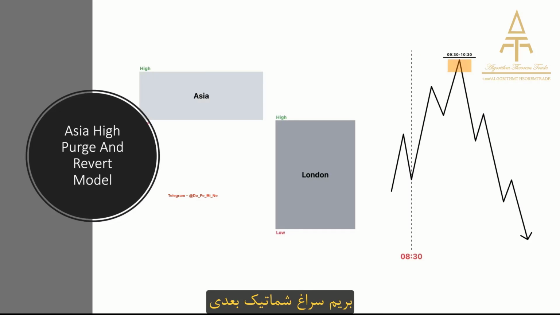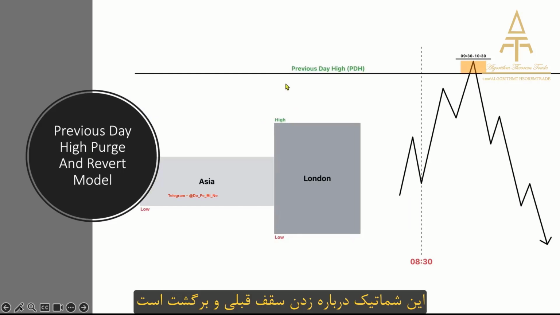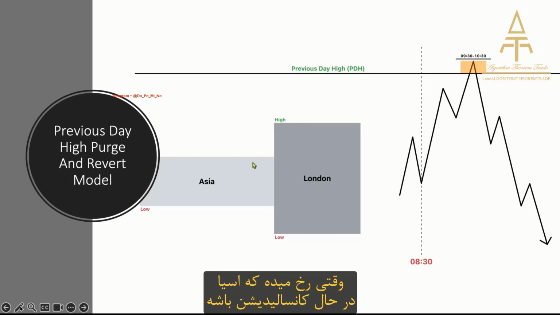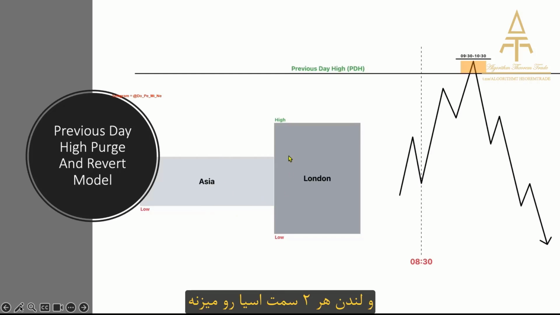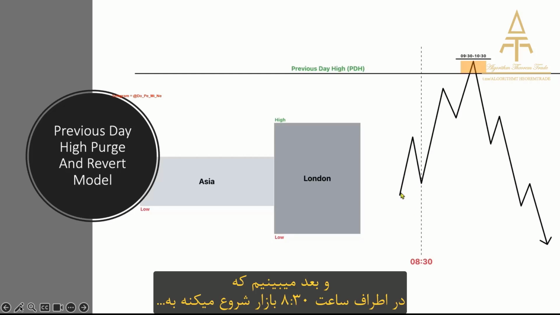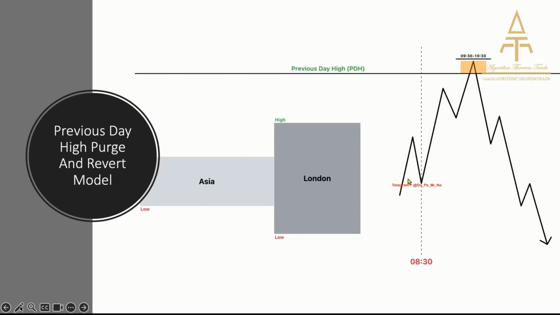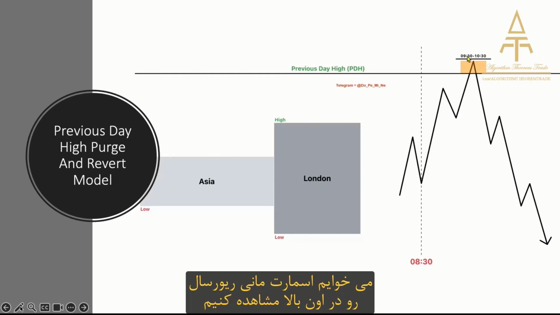So let us take a look at the next schematic. The next schematic is a previous day high perch and revert model. This model occurs when we see that Asia was a consolidation, London takes out both sides of Asia, and we then see that around 8:30 the market begins to reprice higher towards previous day high. We want to see this high get reached during 9:30 to 10:30,